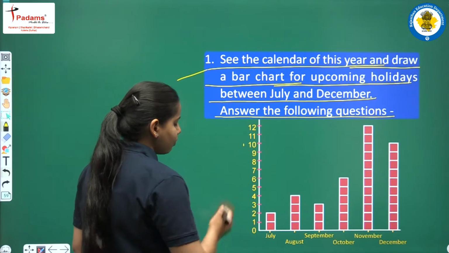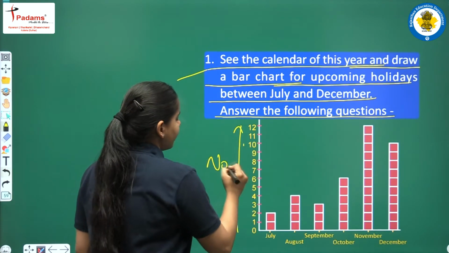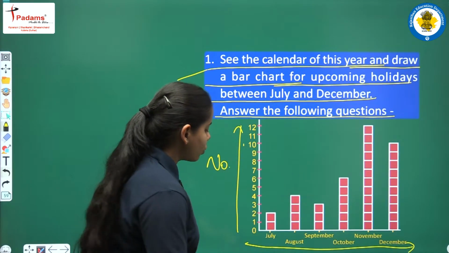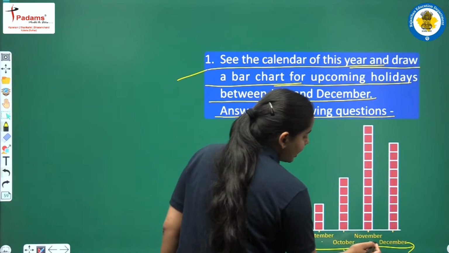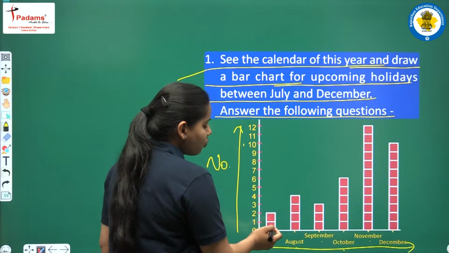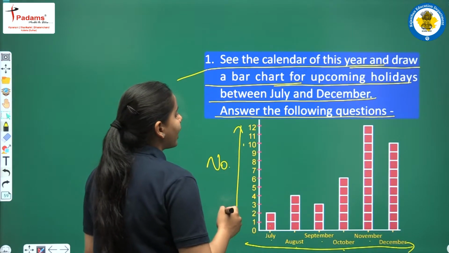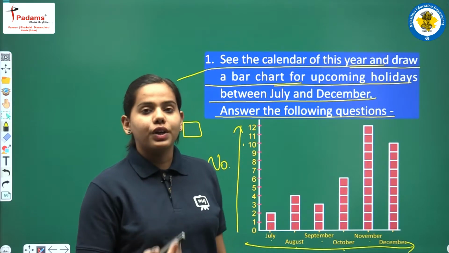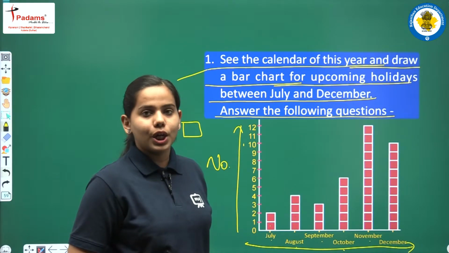देखिए यहाँ पर ग्राफ में this is showing the number of holidays. Okay, this is the number and this other side is showing the different months, right? So here we are starting from July, then we have August, September, October, November and December. So one block here is equal to one holiday. यहाँ पर block से shown है and one block is equals to one holiday here. So we are going to see the data from this pictograph here and answer the following questions.